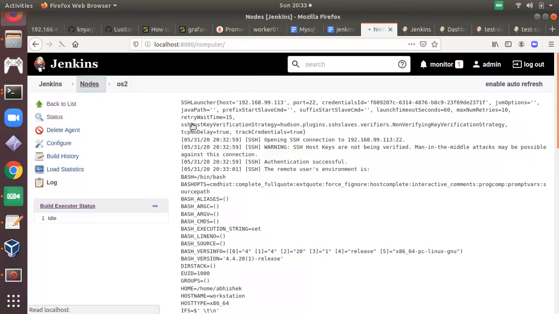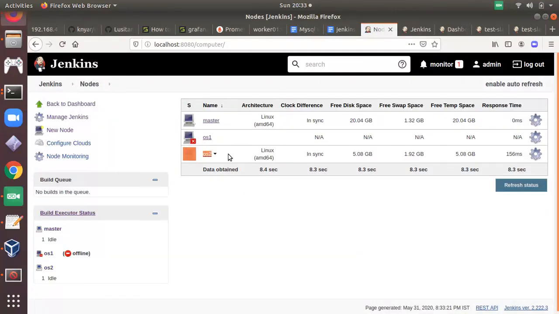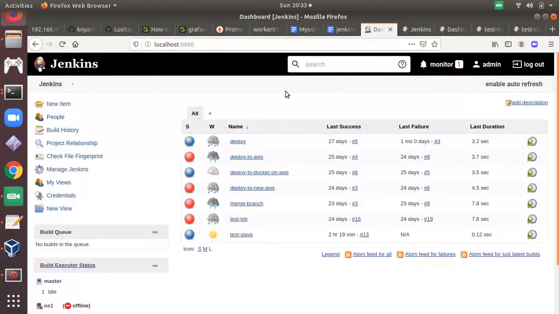Here we can check the status also. It's showing online. And there is my previous one, it's showing offline. So I disabled this. Now we can configure our jobs. So let me create a job.